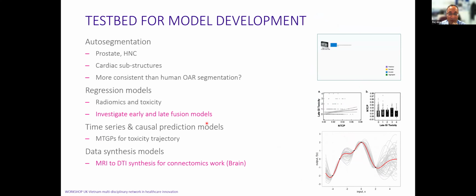And I think what's been interesting about this is that from a machine learning perspective, I won't dwell too long on this because I realize this is a machine learning talk, but we've been able to build different levels of models. We've been able to build the simplest level models. Can we just draw around things in an image that we want to analyze? We've then been able to build regression models that start to analyze features in our data set against some kind of toxicity. The bit that we're looking forward to doing is building time series prediction models that are good at taking data from different points in time and then trying to build a prediction based on the trajectory of something that has quite a complex change over time.